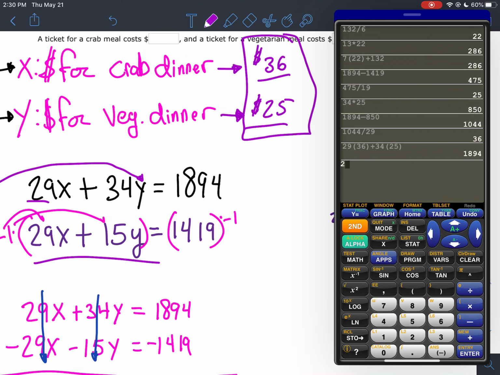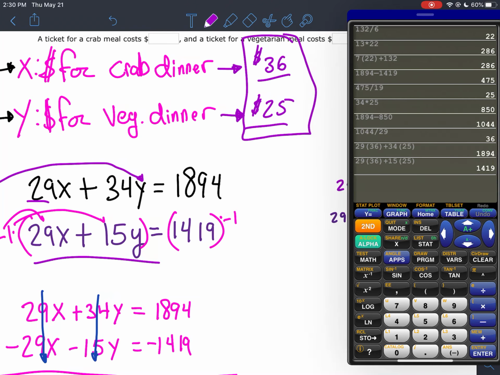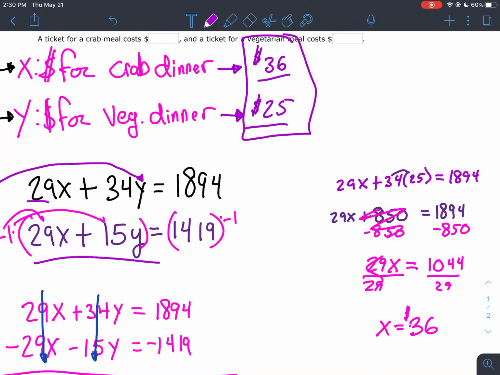Let's look at the bottom one now. 29 times 36 plus 15 times 25. When I hit enter, this should be 1419, and it is. So each crab dinner is going to end up costing us $36, while each vegetarian dinner is going to end up costing us $25. So when you look at that, you have found out what